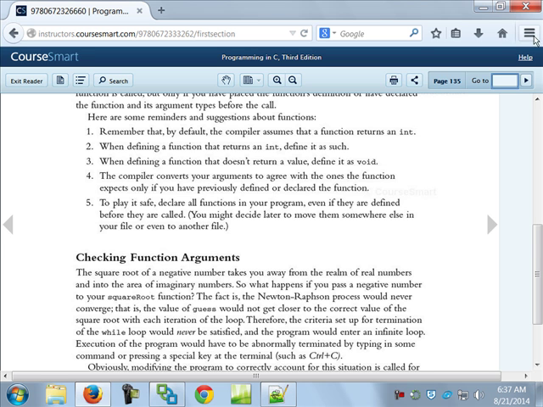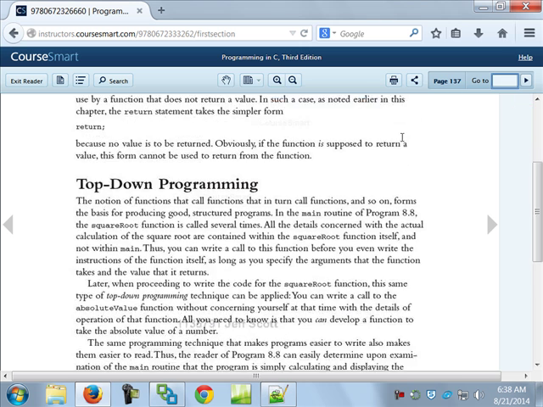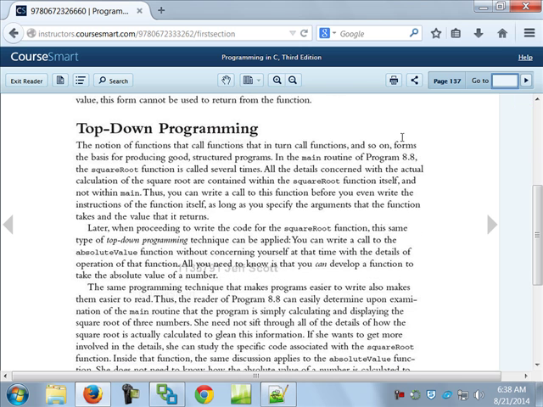Now there's some really good code and stuff in the book here on 137. This whole section on top-down programming, I'm not going to go over any of it because it's stuff I talked about with you back in the days of JavaScript, when we talked about taking a program and breaking it down into pieces, and breaking those pieces down into pieces, etc. Again, kind of the act of writing an outline, so to speak.